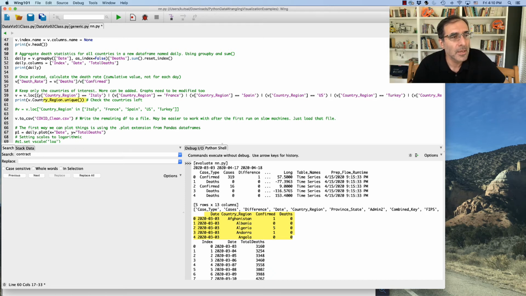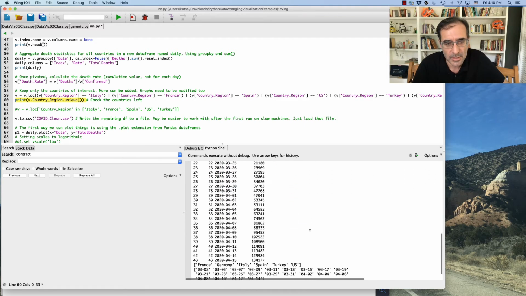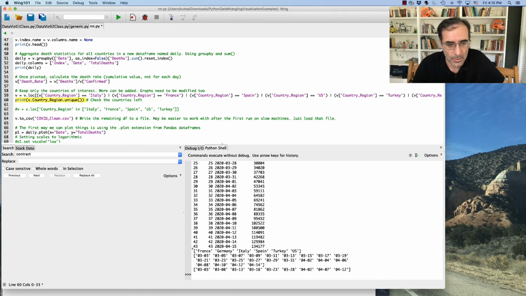This basically gives me all the unique countries I have, just to make sure that I have the correct countries in it. So right here, I'm printing all 6 countries, just to make sure that I did not make any errors in these conditions. Okay, here I have conditions, and this basically is called